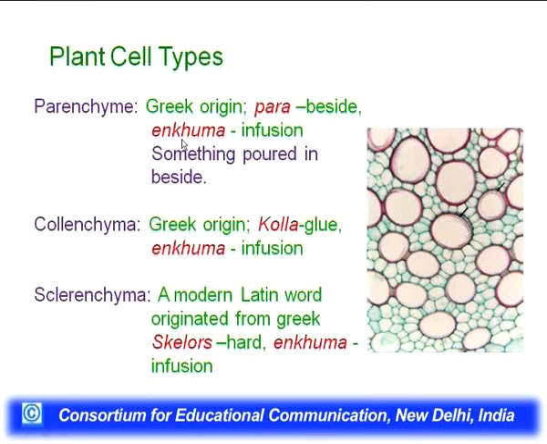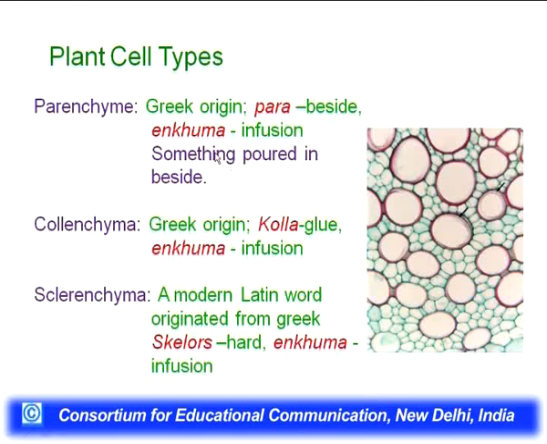Enchyma means infusion, something like boiled tea can be called an infusion of tea. So you have a mixture of things, and infusion is the form by which cellular content like cytoplasm or cytosol is looked at. Parenchyma, para means beside, something just poured in beside and